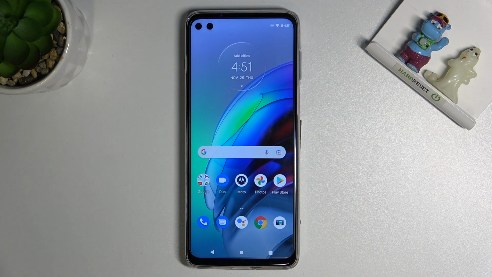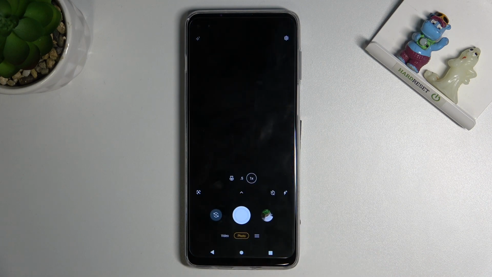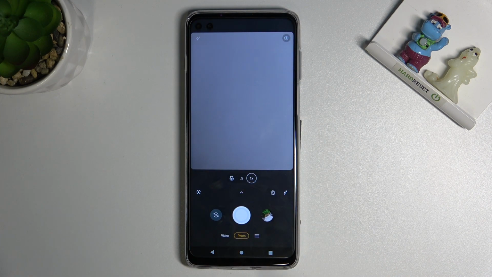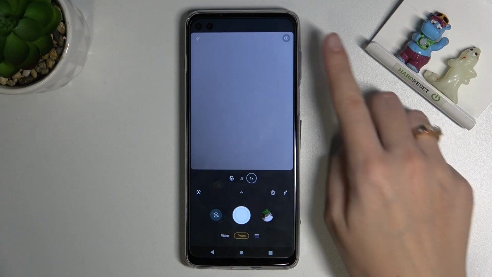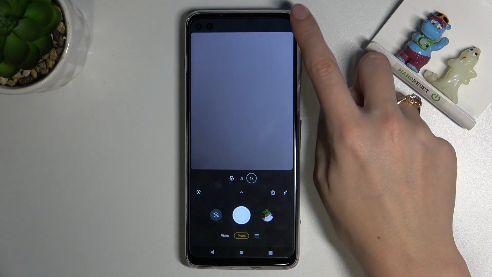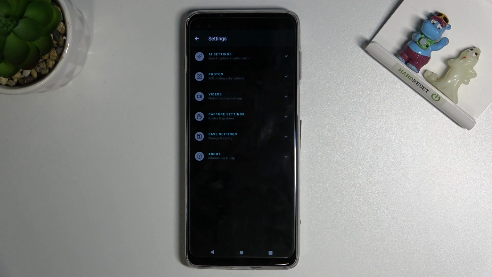Welcome, here I've got Motorola Moto G100 and let me show you how to turn on and off camera leveler at this device. So let's start by tapping on camera button to open it, and for now we are on standard photo mode. From here let's go to right corner button so we can open camera settings, and now we